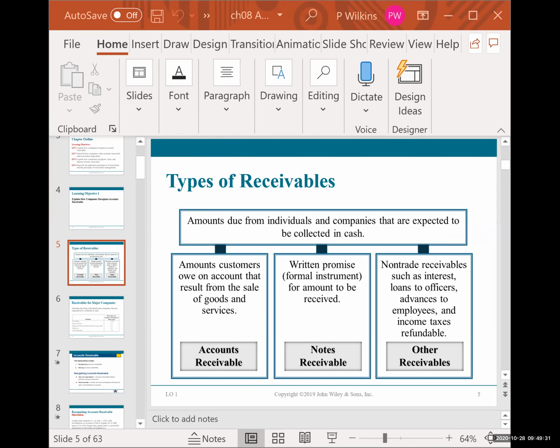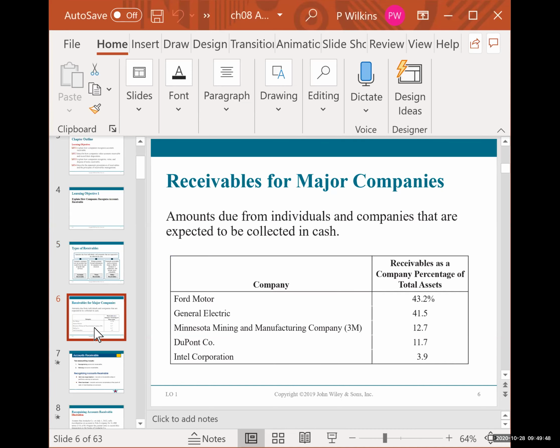All right, so other receivables. We're not going to be dealing with other receivables, but it might be if we make loans to people in our company, or interest or income taxes, things of that nature. But we're not going to be dealing with other receivables in here. We're only going to be dealing with accounts receivable and notes receivable. All right, so